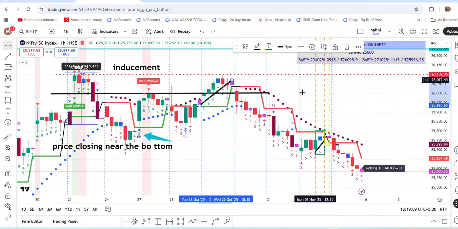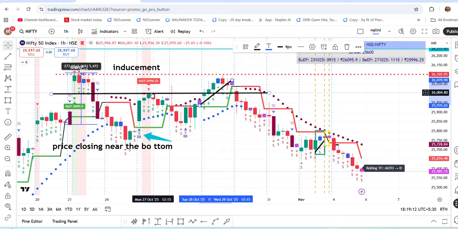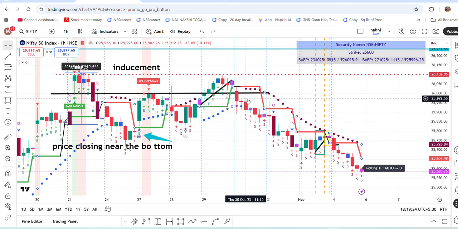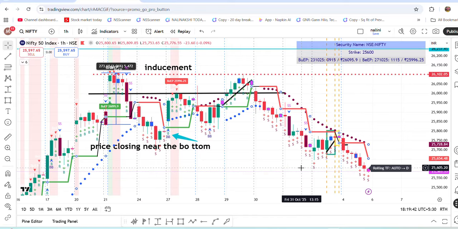on 27th. You can say 27th. Where is the 27th? At the price of 25,996. When the price started coming down on 30th October, it is a clear indication that the price is going down. You can see so clearly my rolling pivot turned red, and this GANN HiLo also turned red. From there is no look back.